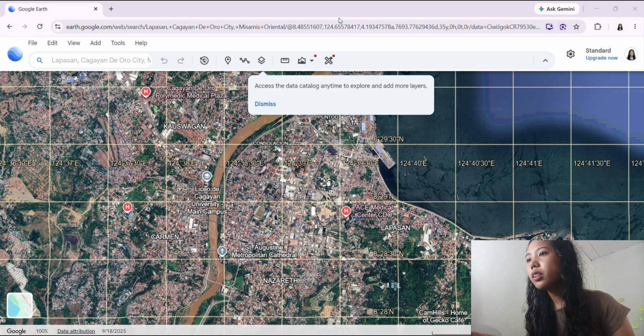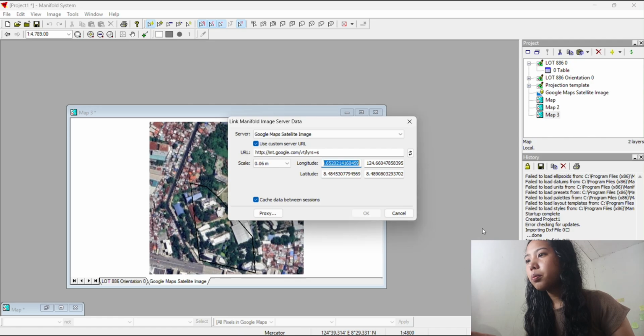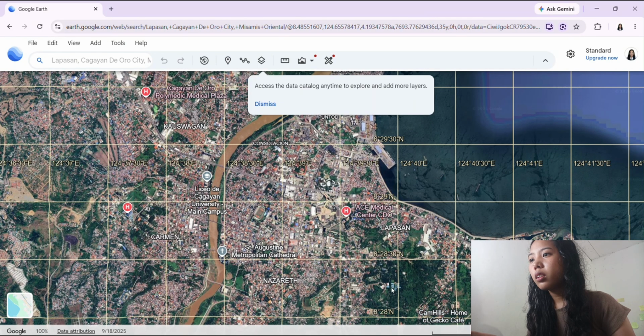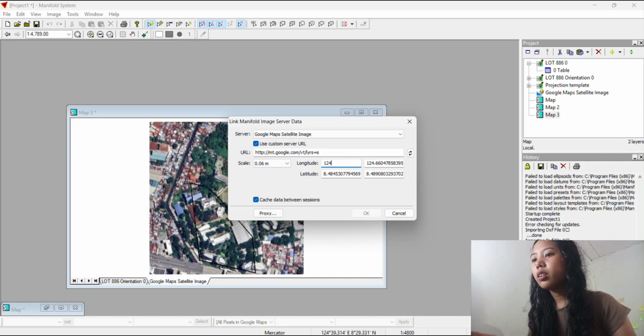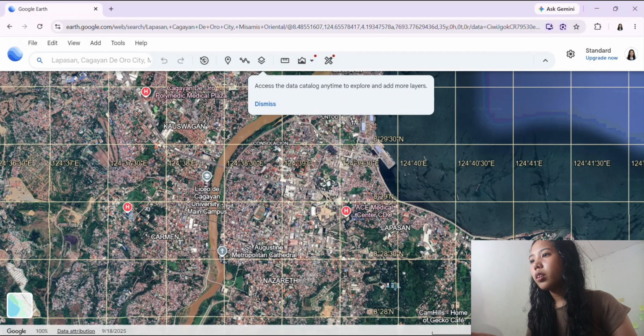Then view, show grid. Then in this process, we should make like a box for the vicinity map. So this is 124 38 30.